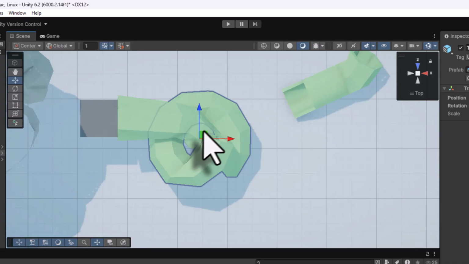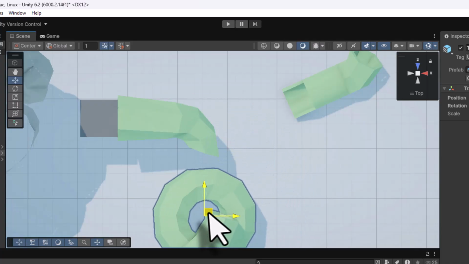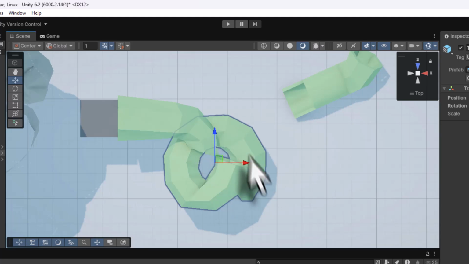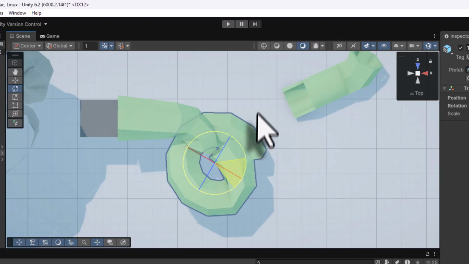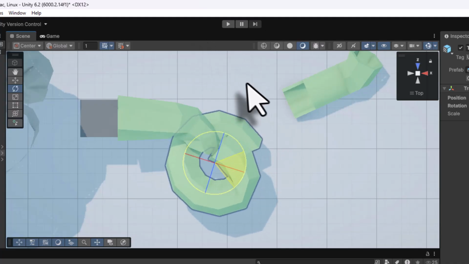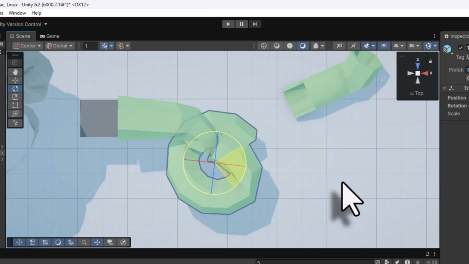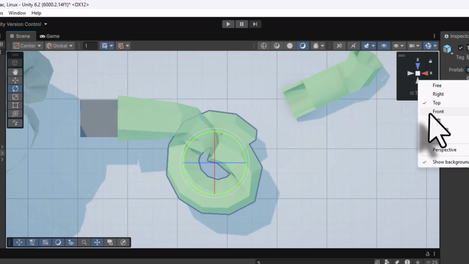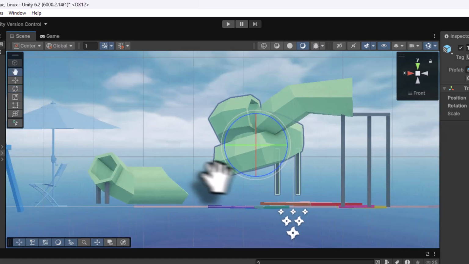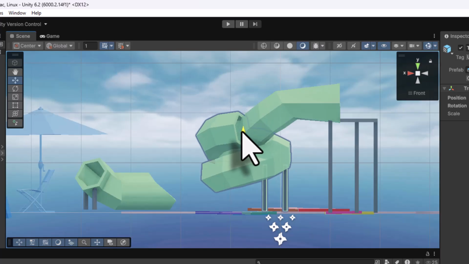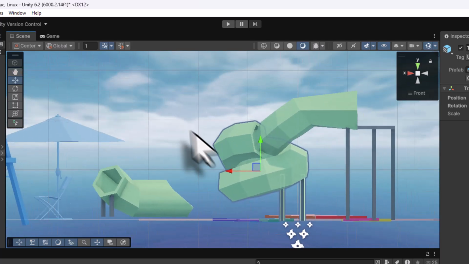first I will hold this plane, drag it and place it correctly to a plane here like this, and I want this to rotate. So I will press E and I am going to rotate it to adjust the angle so that it moves in the correct angle like this, so that it is in the same angle. Then I will right click and come into the front view, and in the front view I will press W and move it down so that it is touching the floor here, and then I will just right click and